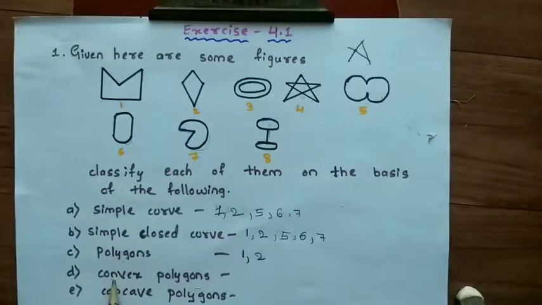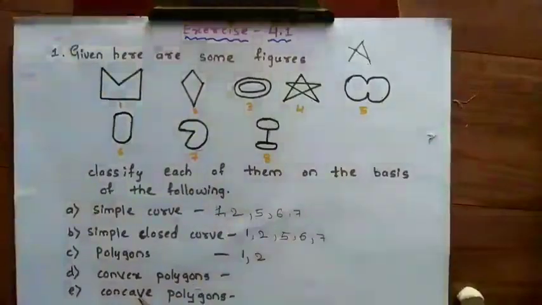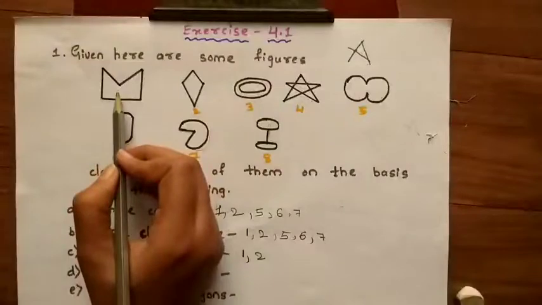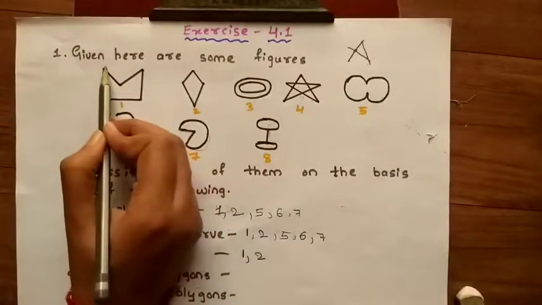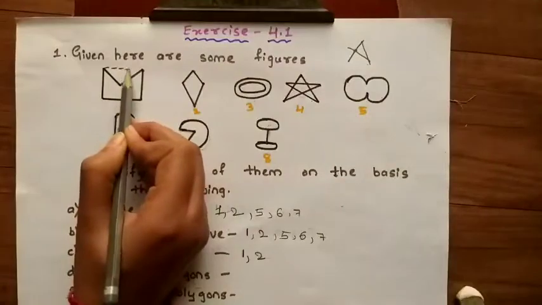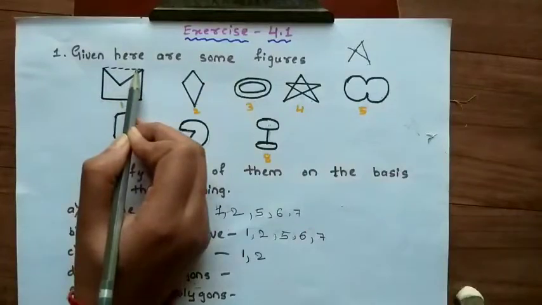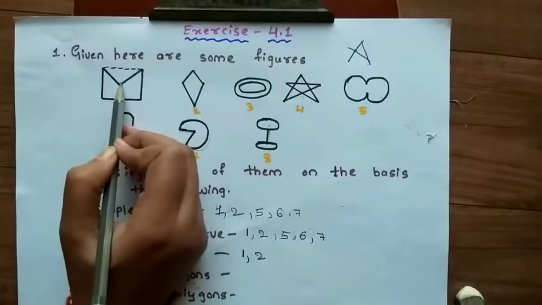And the next question is convex polygons. So what is meant by convex polygons? In a polygon, in a simple closed figure, the diagonals are inside of the figure. In a convex polygon, the diagonals should be inside of the figure. Here see the first figure. If we draw the diagonals in this figure, we get outside of the figure. While drawing the diagonals, we get outside of the figure. That is not said to be a convex polygon.